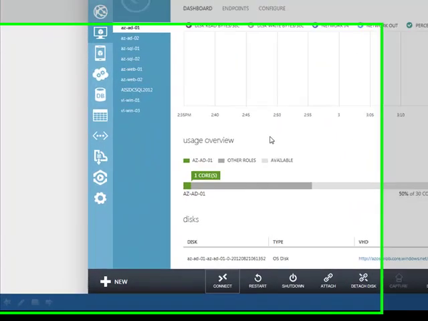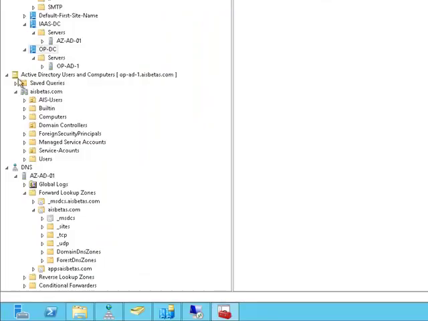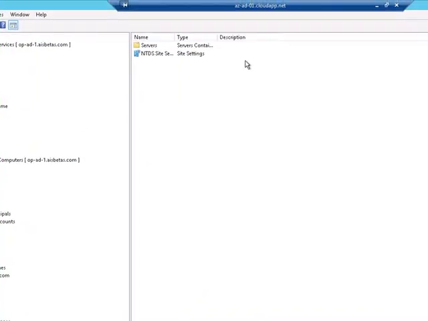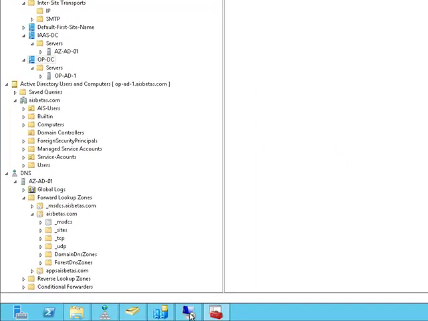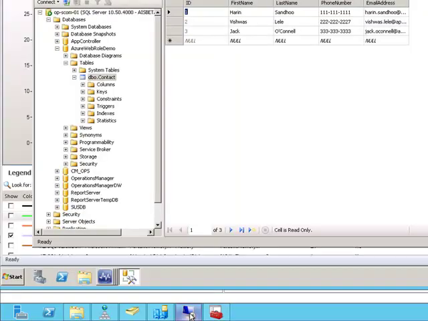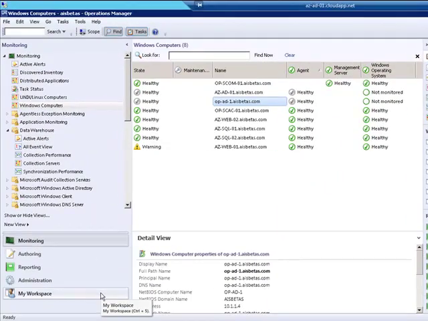Okay, so let's go back here to our RDP connection. So here we are in the RDP session. And then I'm going to open up the RDP session back to the on-prem System Center machine. Let me go ahead and do that. And let me bring up the System Center view, the